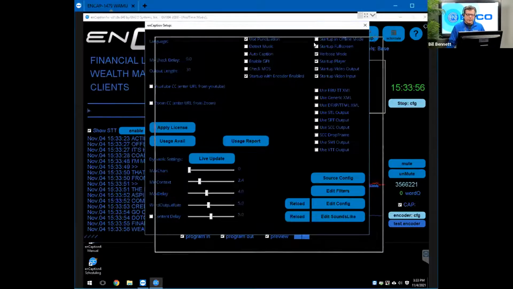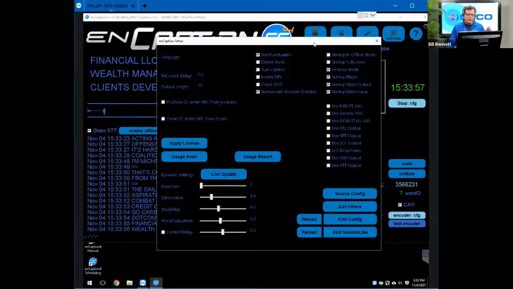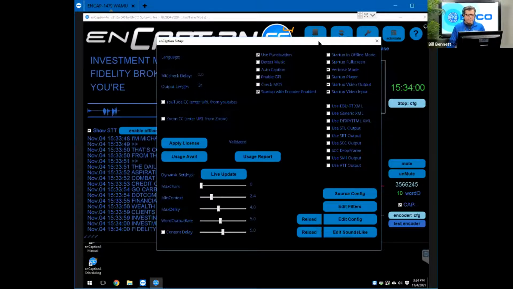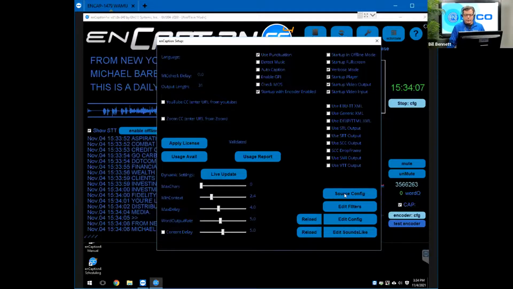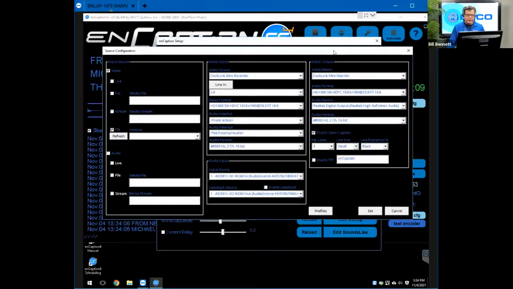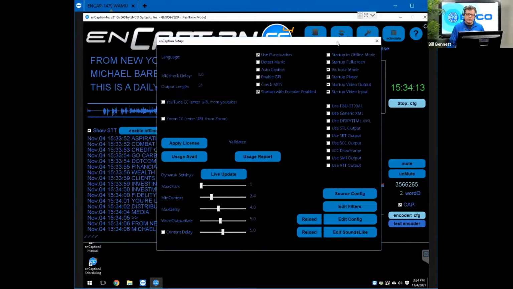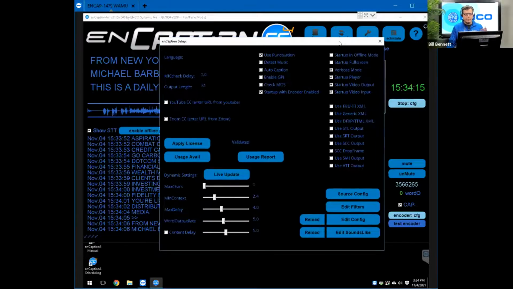Real quick, there's this little setup window here. I know we're already 3 minutes late, so these are some settings you can change just to get things started, but generally once it's set and running, you don't need to change those. The source config is also kind of like that. This is a whole audio matrix. We can even caption from live streaming URLs too. So it doesn't have to be a physical audio connection. It could just be a live stream that we can caption from.